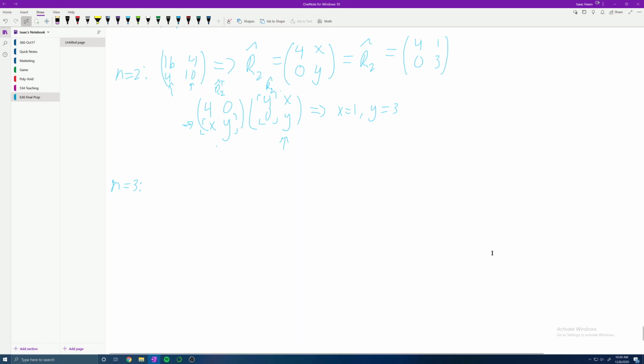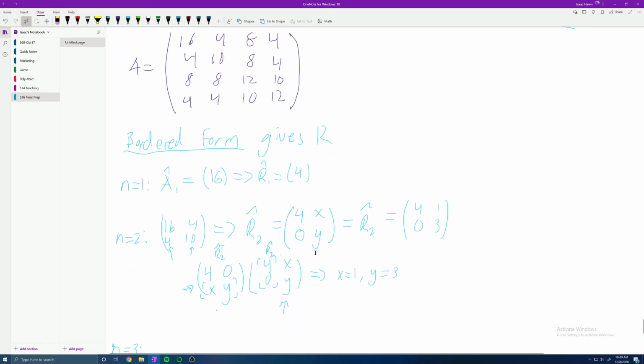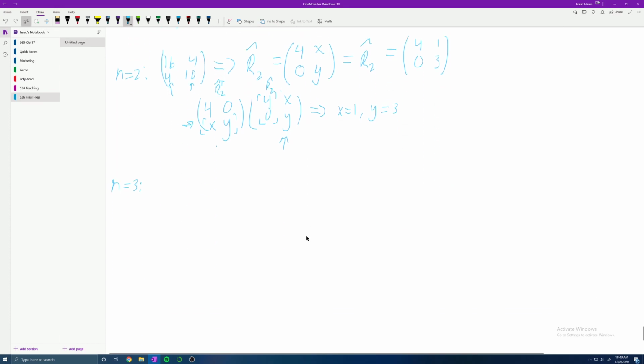So we take the first leading 3 by 3 submatrix of A, which is the matrix 16, 4, 8, 4, 10, 8, 8, 8, 12. Let's write that down here. 16, 4, 8, 4, 10, 8, 8, 8, 12. Okay, so that means that R hat 3,